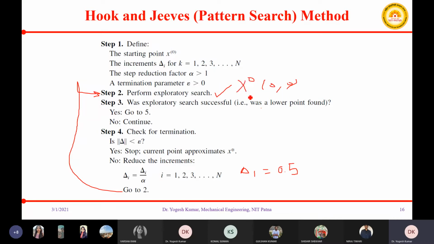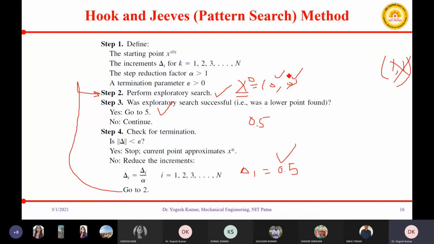If previously you gave an increment of 1 and 1, and your new point did not correspond to a successful exploratory search, then now your delta has been lowered to the next value, that is 0.5, and now you will be giving an increment of 0.5 in the first variable as well as the second variable.